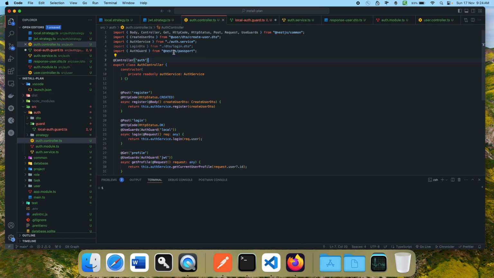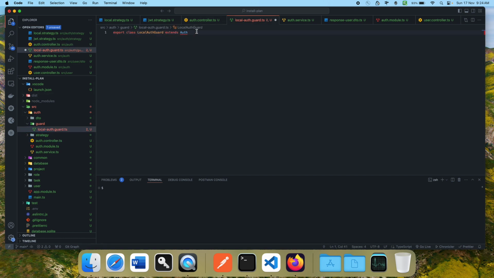And why have we imported from NestJS? Since that is what the NestJS slash passport library is doing. It is creating some helper utilities. And now if I write this and import the same, then I'll have to mention what guard I am trying to use. So it has some predefined keywords like JWT, and